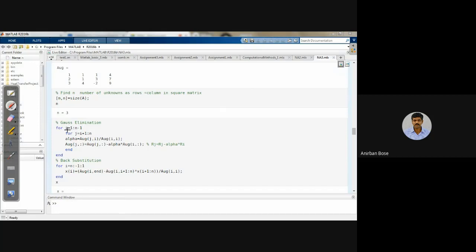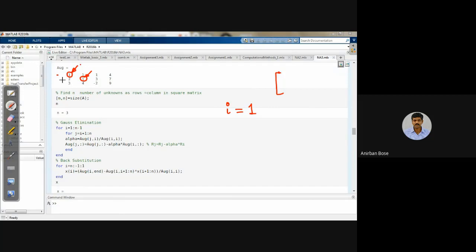That means, first of all, let us consider i is equal to 1. That means we are considering the first pivot element. Basically, i is equal to 1 means it is the first pivot element. Then we will come to the second pivot element, and there will be no other pivot element required because there are no further rows at the bottom. So i is equal to 1, this is the case, first pivot element.